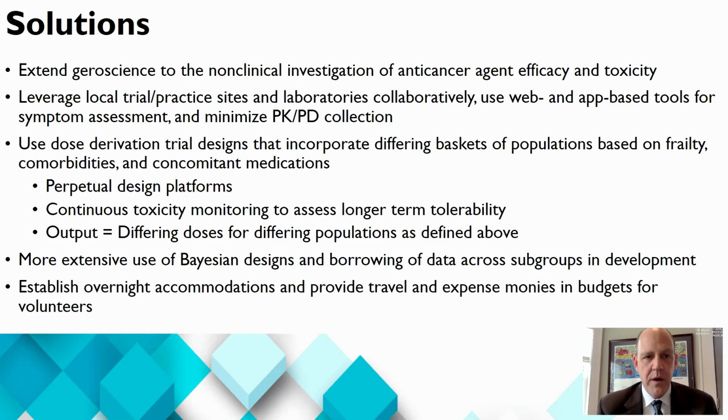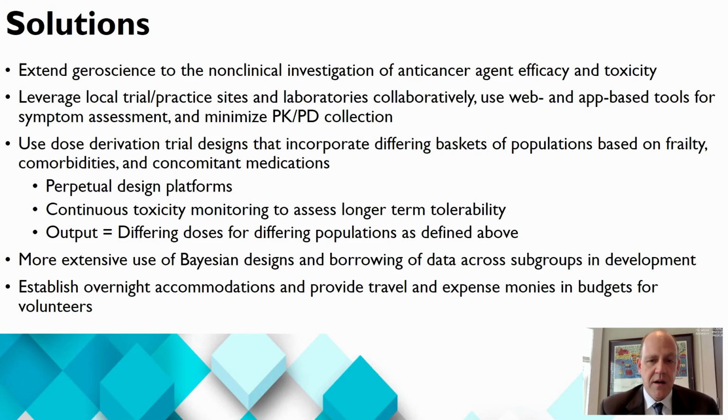I think that's an important point, is that we don't need to have a one-size-fits-all dose strategy. And we've seen on many occasions that a dose should not be a 0 or 1 variable. It does need to be something that has the ability to change throughout a population within a label based on tolerability as well as efficacy. And so using some of the other designs that are out there, perpetual designs, where you might slot in frailty measures as a bucket of patients to define dose, consider perhaps intra-patient dose escalation in a frail population where a patient goes up on the dose cycle to cycle to see what their tolerability might be, or a population's tolerability might be.